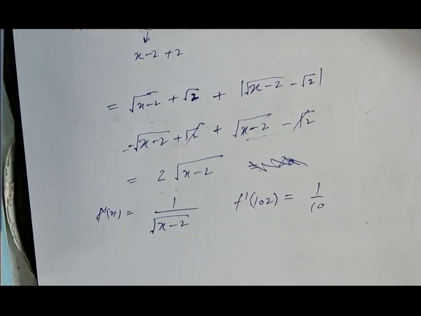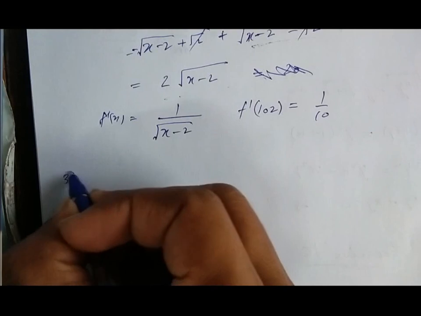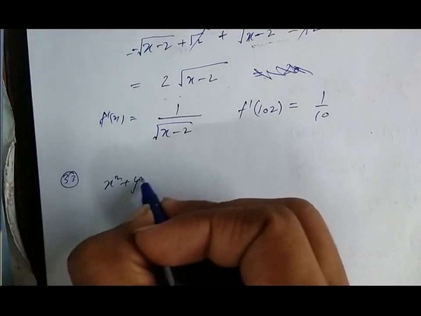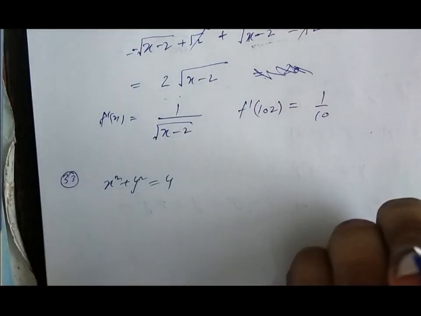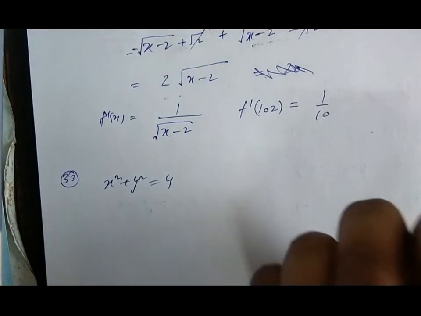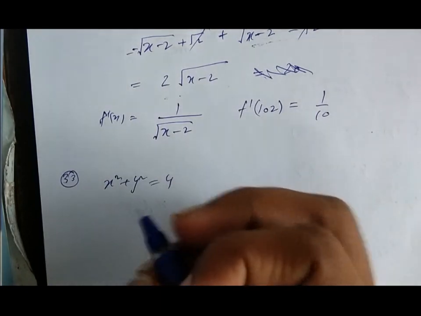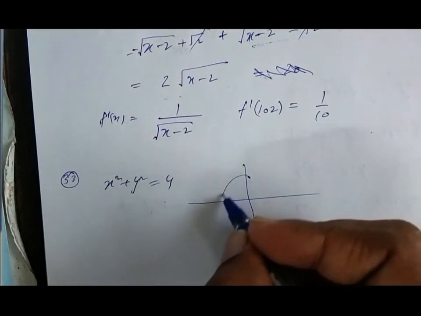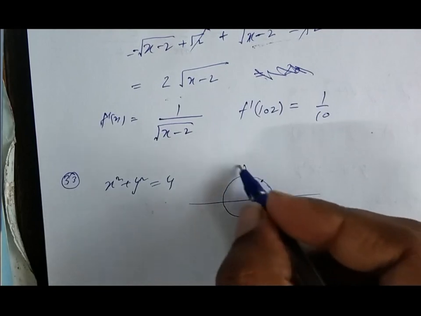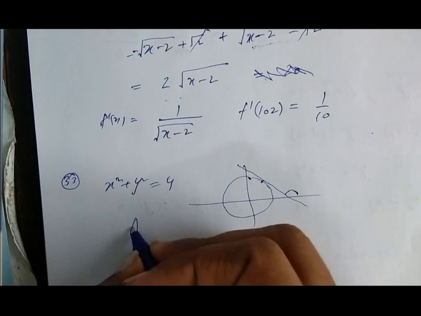So we are given x square plus y square is equal to 4. And suppose a is equal to dy by dx for the curve at root 2 comma root 2. So you don't need to actually calculate dy by dx. See, root 2 comma root 2 is a symmetric point on this curve and its dy by dx would be equal to minus 1. So a is minus 1.